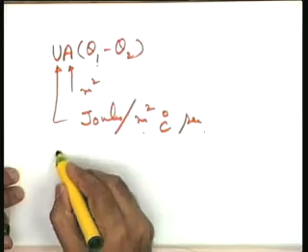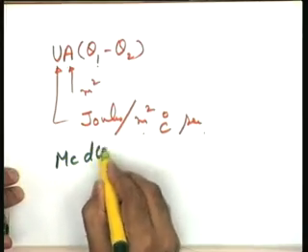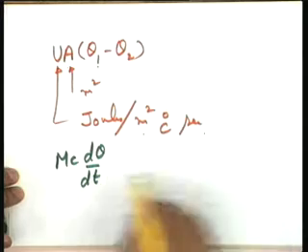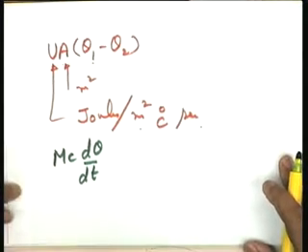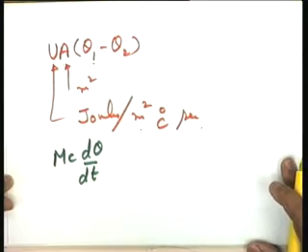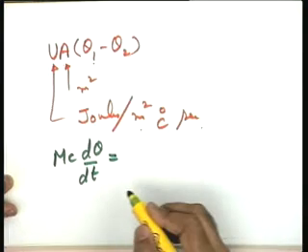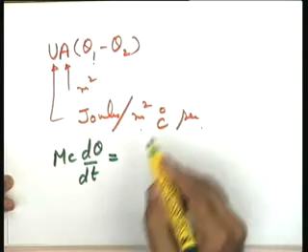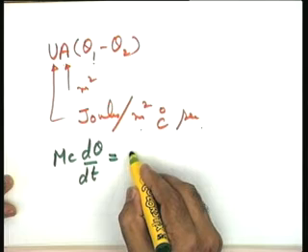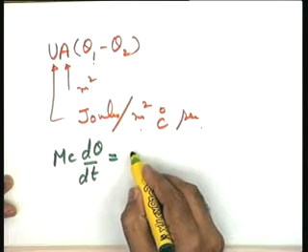Come on now, with this information, if there is any question you are welcome to raise it here. Otherwise, with this information I write the heat balance equation. The heat balance equation will be mc d theta by dt. The rate at which the heat is being stored into the heater mass is equal to the rate at which the heat is coming into the heater mass. It is, yes, what is the value?